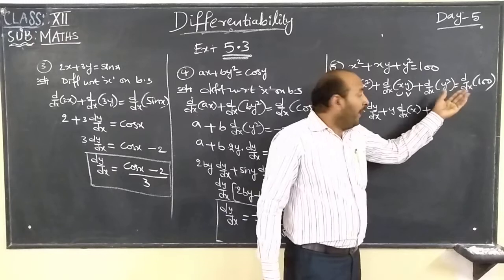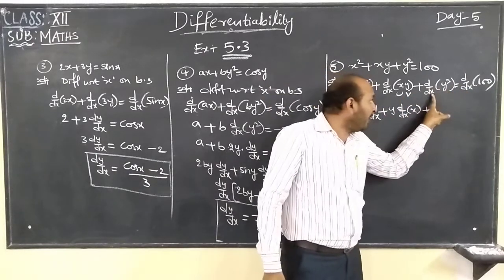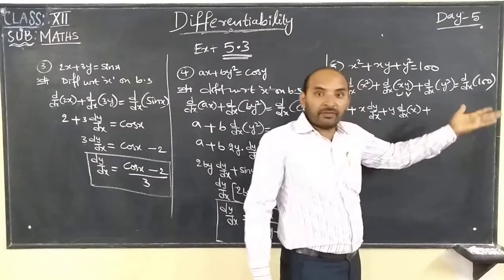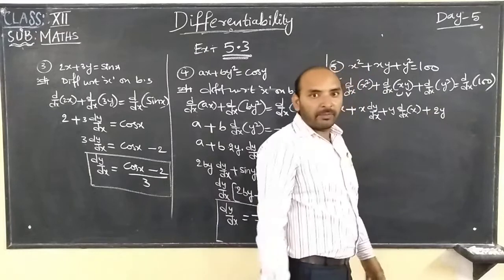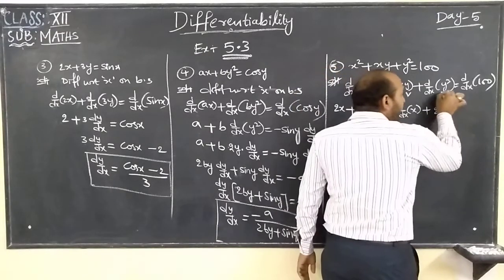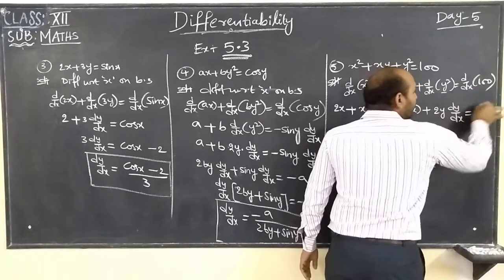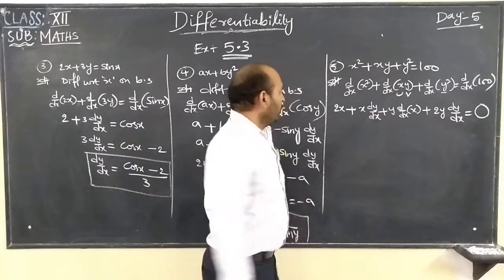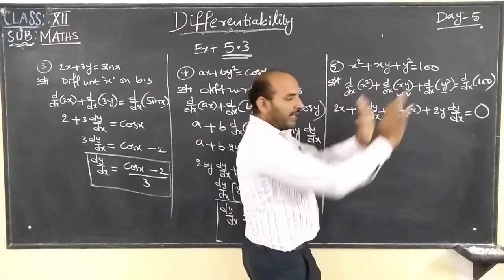Plus the derivative of y square. Here the derivative of x square is only 2x, but with respect to x, this is y square. So what is the y square formula? That is 2y. The derivative of y square, x power n formula, is 2y into the inner function dy by dx, equal to the derivative of a constant, which is always 0. So now dy by dx terms on one side, remaining terms take that side.